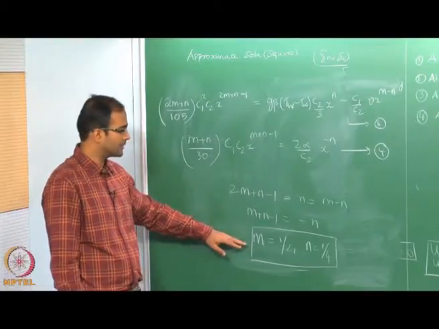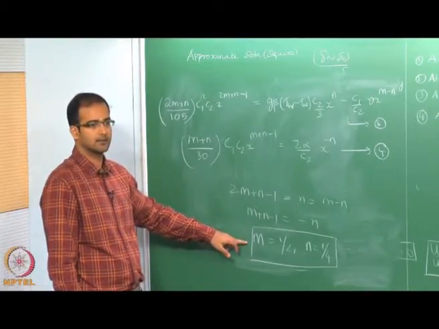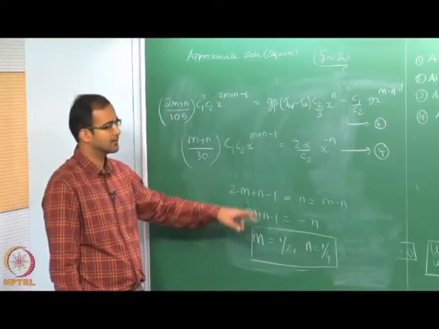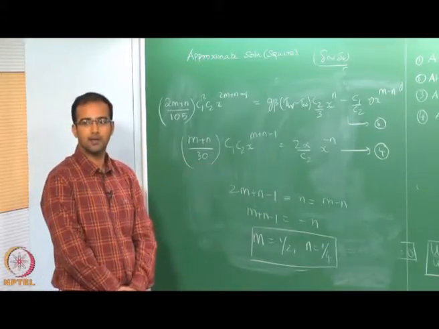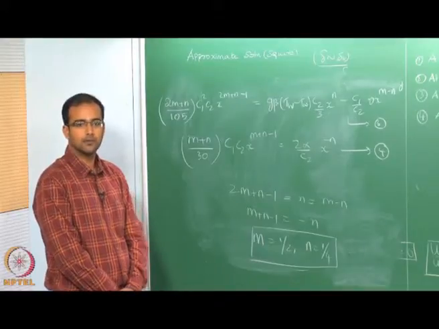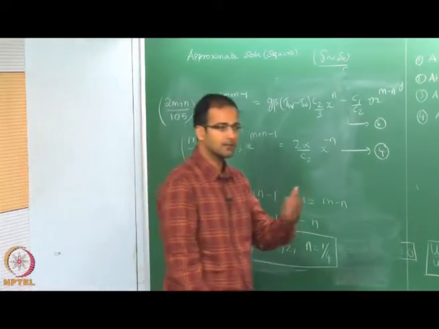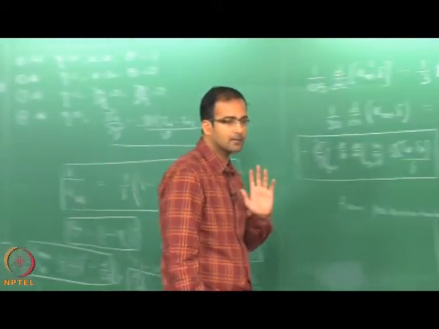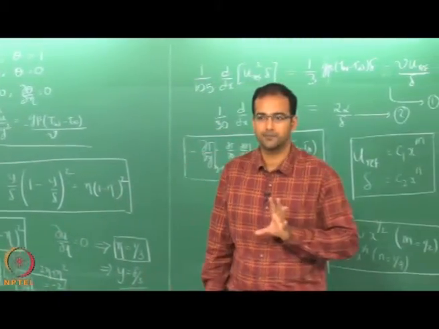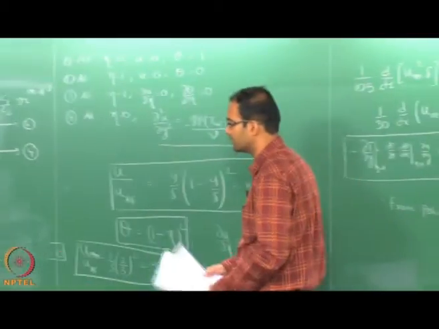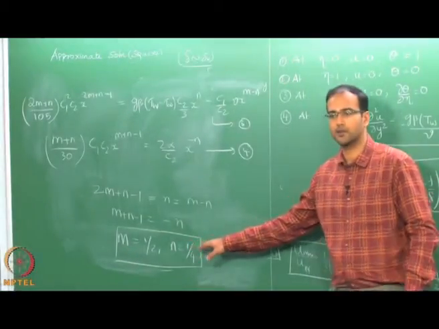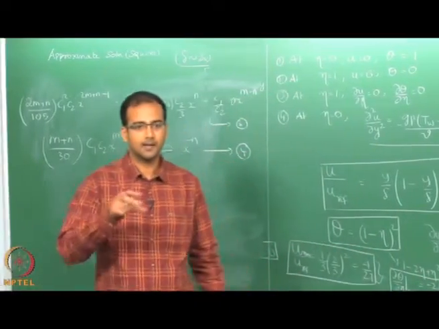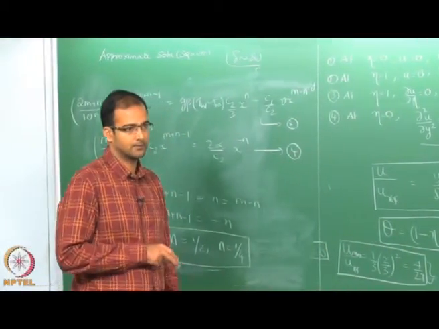So, now therefore, you see that this is correct, because from the similarity solution scaling analysis, that is what we have already obtained. So, now we can at least be assured that the order of magnitude of values we get from the approximate solution will be correct, because we are predicting the behavior variation with respect to x correctly. Now, the next step is to find out what is the exact value.